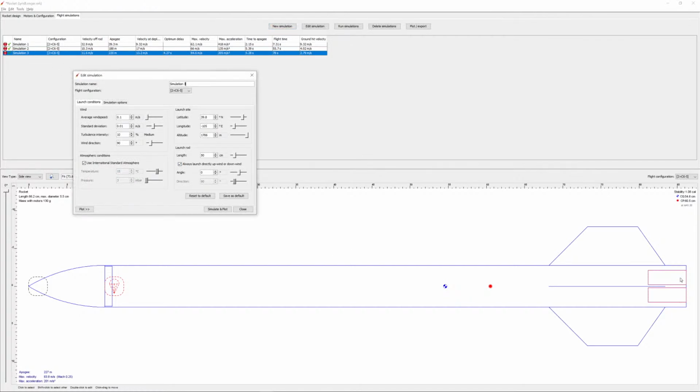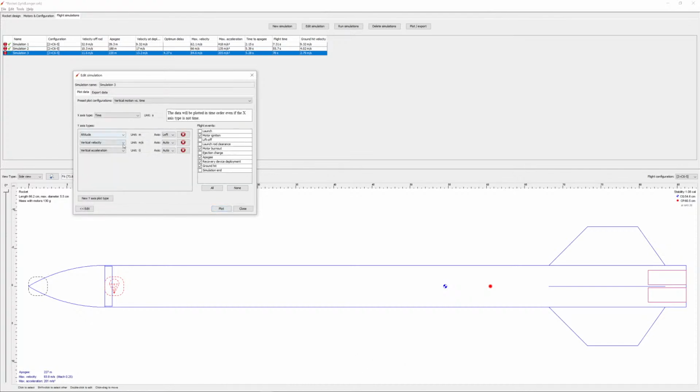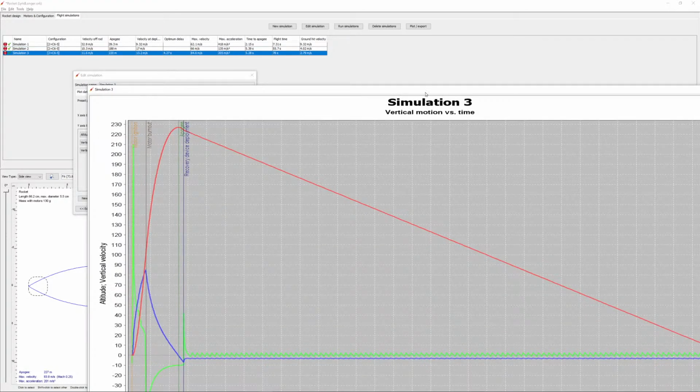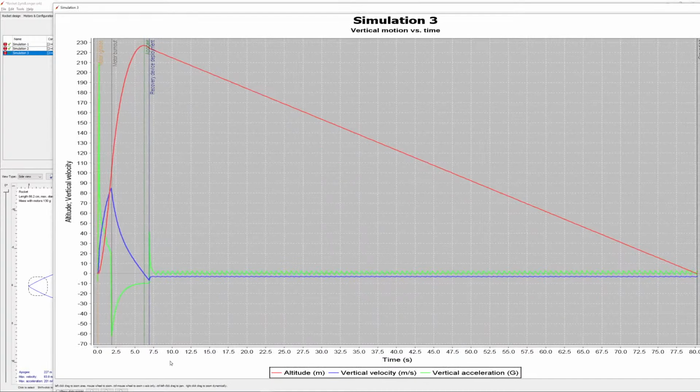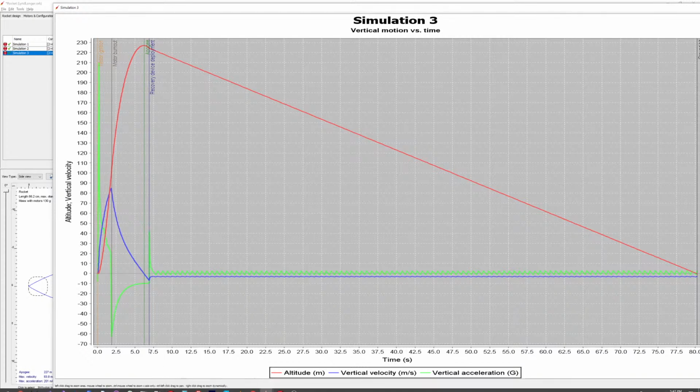This can support up to 4 engines, but right now we're just flying it on 2 because we found that when we went to 4 it caused some serious pendulum effect problems. So simulate and plot, altitude, vertical velocity, vertical acceleration. And you can see now that's even better because the apogee is a little bit later, which is interesting. That's just a result of the specific engines that we're flying on, and the recovery device deployment is a